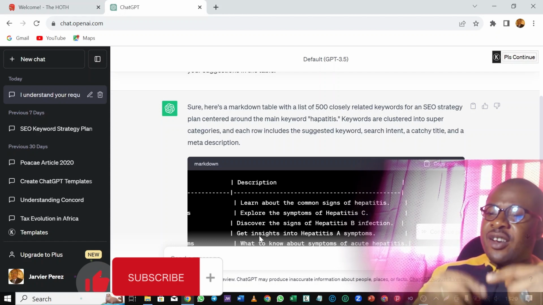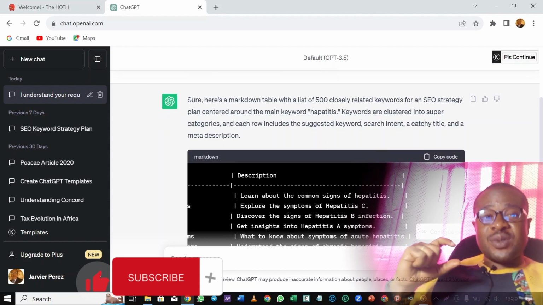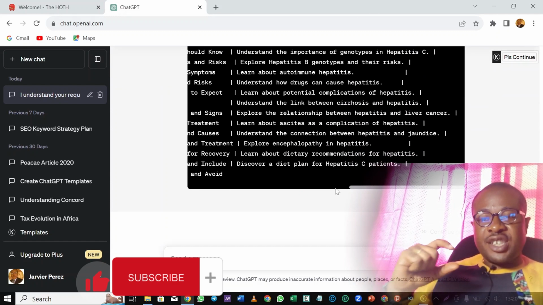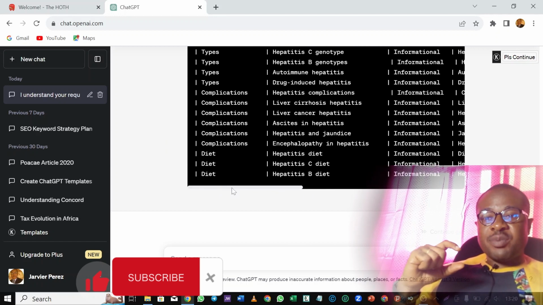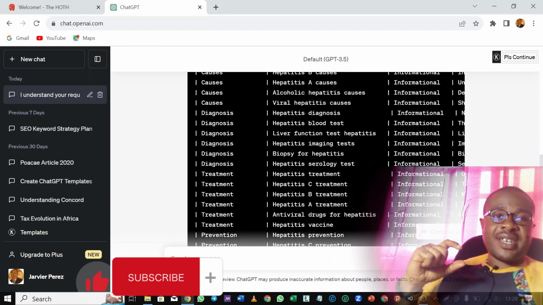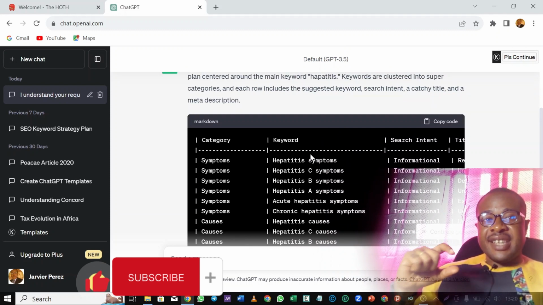All right. Now, let me still show you how you can also search or check these keywords to know if they are actually what people are searching on the internet. Because it is important to know about them.